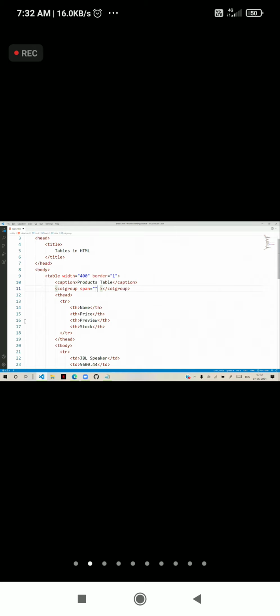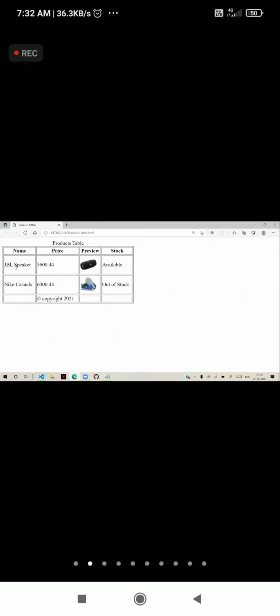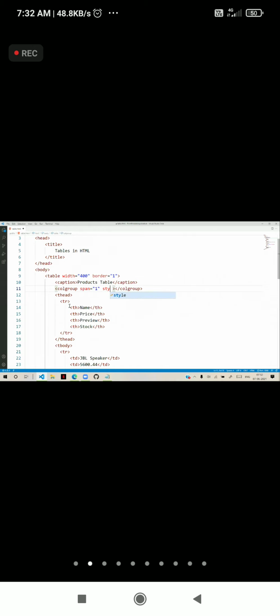So span, I want to group one column only. Now what effects do you want for that column? As of now, it will not have any appearance even if you give span. Here you have to tell style. Style, I am giving background color, some yellow. It will apply that yellow background to that column group.